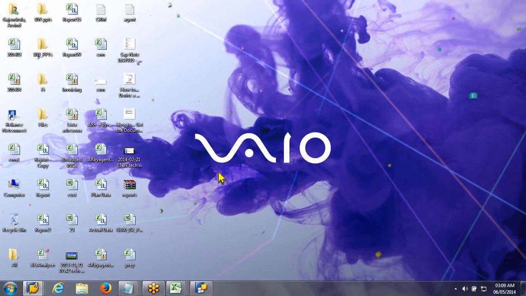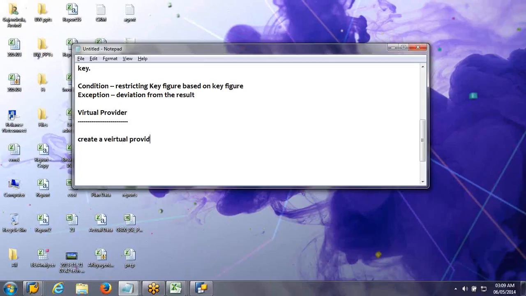But what you can do, you can create a virtual provider on top of your R3 table, on top of your data source which is built on R3 table,